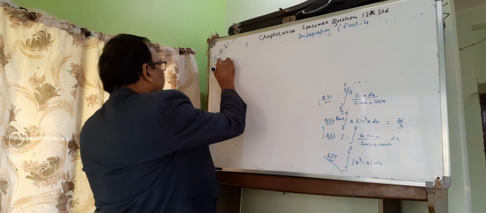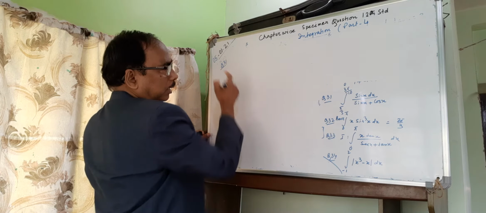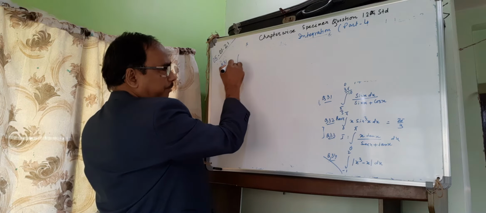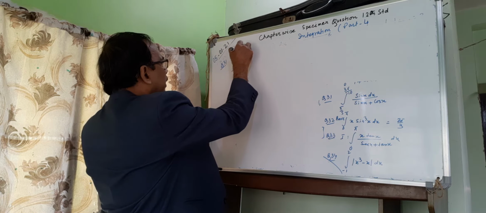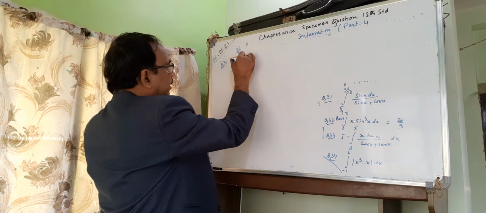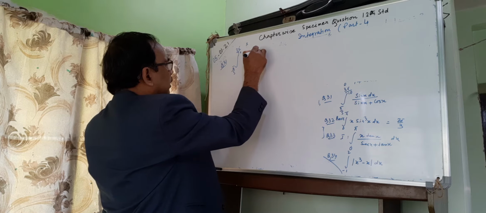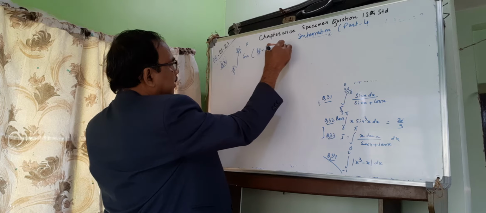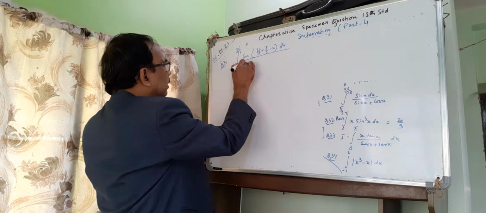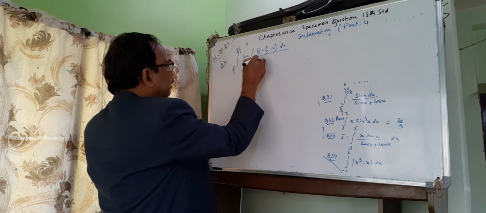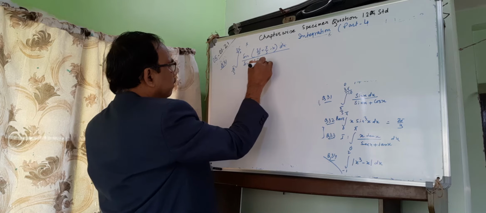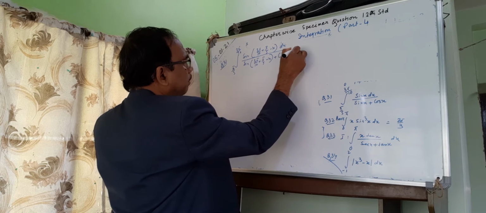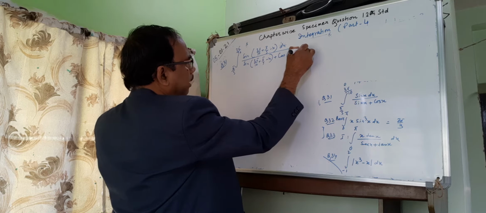Integral a to b f(x), that is limit pi by 5 to 3 pi by 10, sine 3 pi by 10 plus pi by 5 minus x dx by sine 3 pi by 10 plus pi by 5 minus x plus cos 3 pi by 10 plus pi by 5 minus x